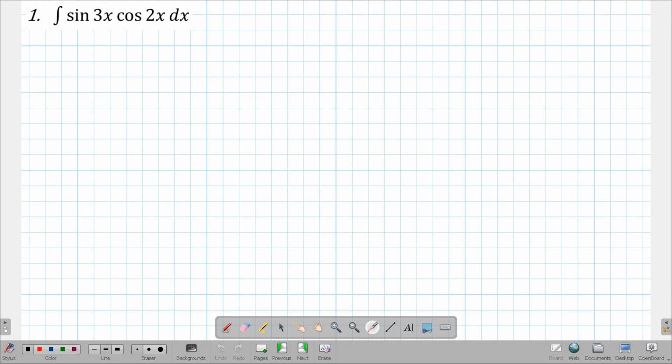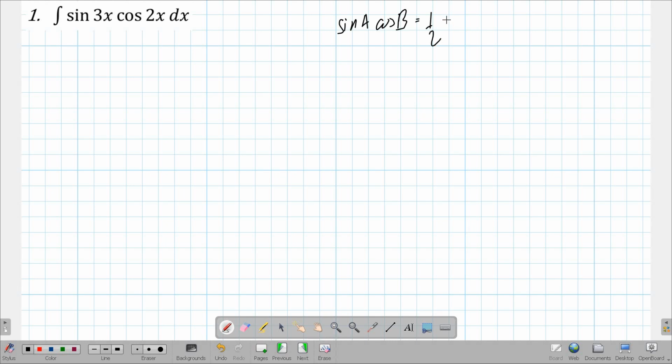Since what we have is sine times cosine, we're going to have the identity. Let's write it down. Sine A cosine B will then be equal to